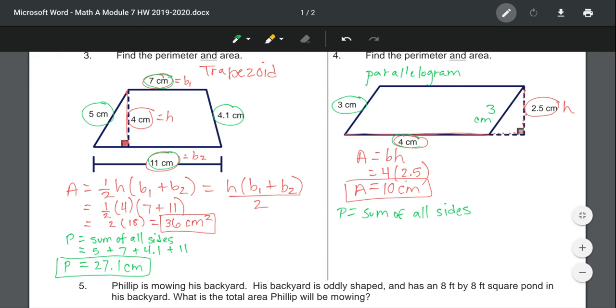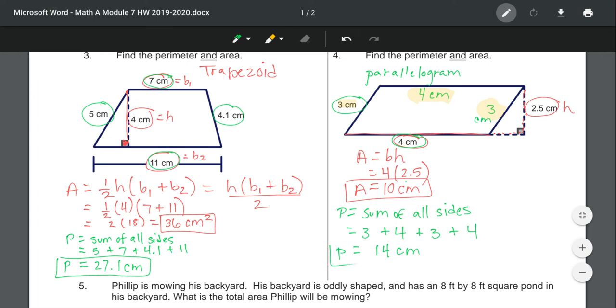The base at the bottom is 4 centimeters, so the top base would also be 4 centimeters. So to get the perimeter, we add up all of these side lengths: 3 plus 4 plus 3 plus 4, and you get 14 centimeters